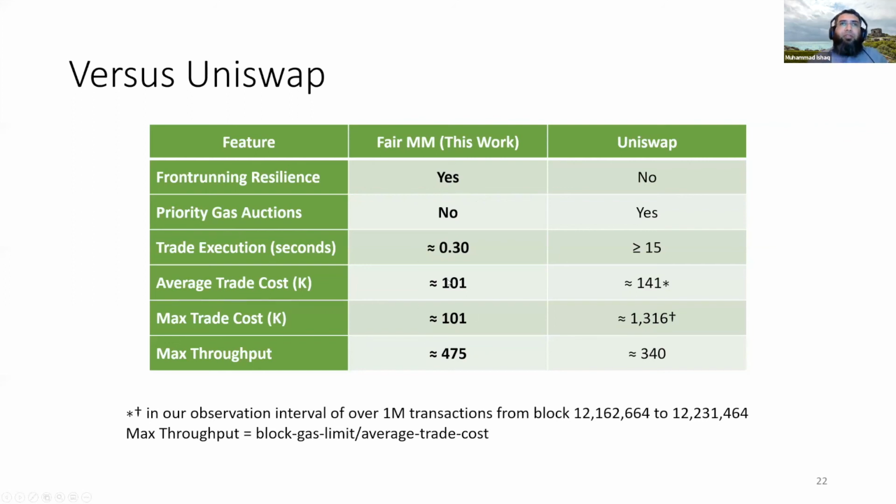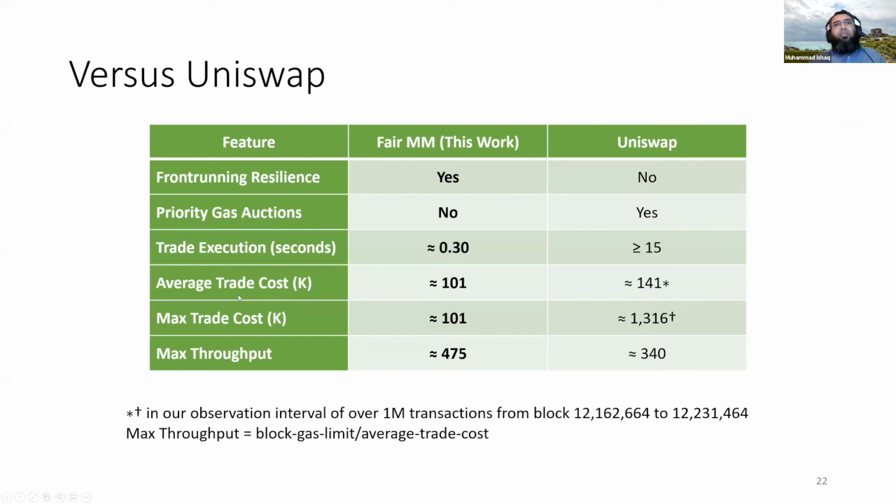Concretely, in terms of numbers, the time from when you submit your trade to when it gets either confirmed or rejected, in our case, is about 0.3 seconds. This is on a consumer laptop. If we were using a high-end server, it would be even lower. On Uniswap, it's hard to estimate, but even the fast transaction inclusion that Etherscan shows takes about 30 seconds. So it should be reasonable to say that a trade takes at least about 15 seconds on Uniswap.